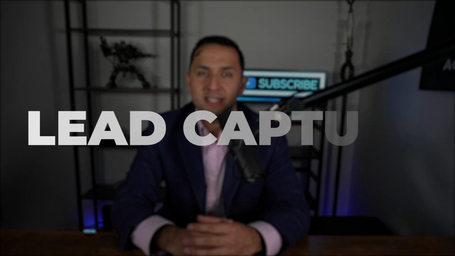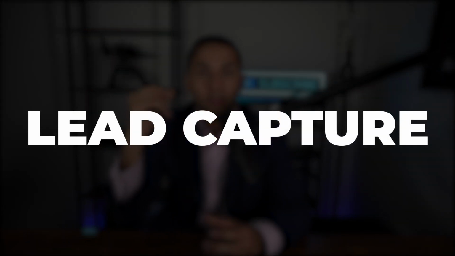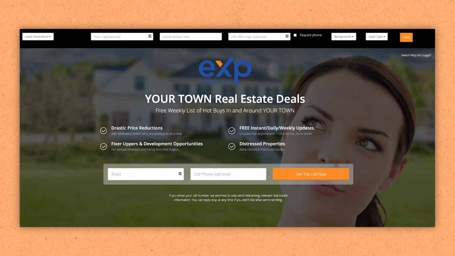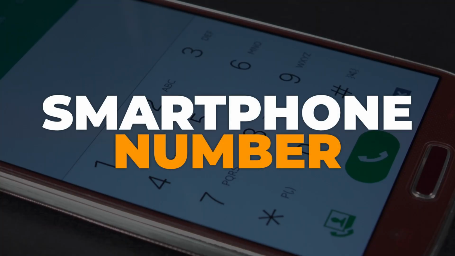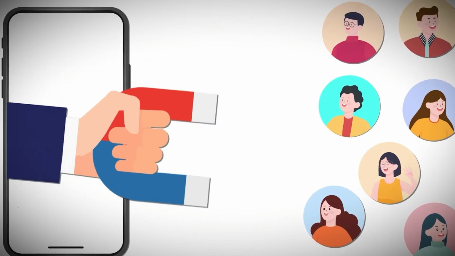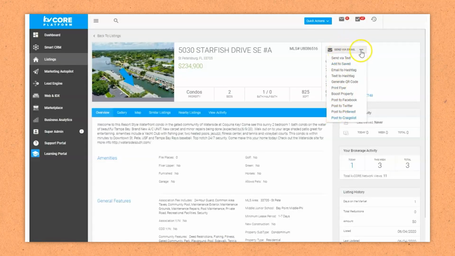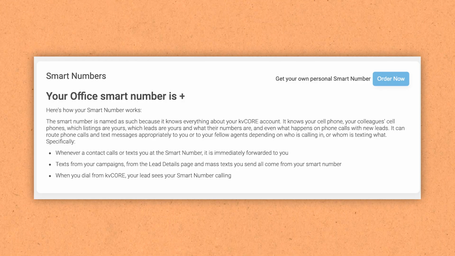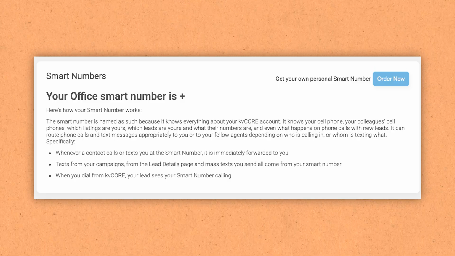So essentially what we're talking about is lead capture, leveraging your website, whether that's your main homepage, your squeeze page, or landing pages to capture people's information. And the final lead capture method that I'll share here before we go on to the next point is your smartphone number, where people can communicate with that smartphone number and become leads for you. One simple way to do that is to promote a listing within your MLS on Craigslist using that one-click posting through kvCORE and asking the people that stumbled across that post to text you a certain code to that smartphone number, and in return, you have now their lead information. So lead capture, phenomenal way to leverage kvCORE.